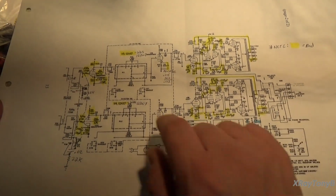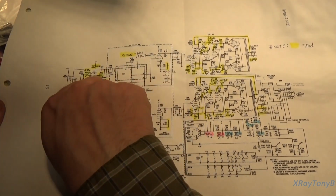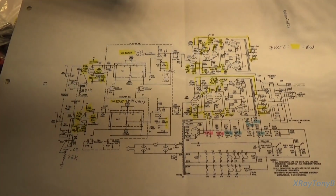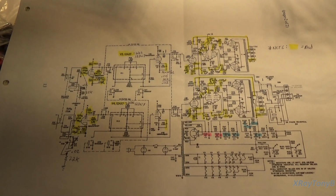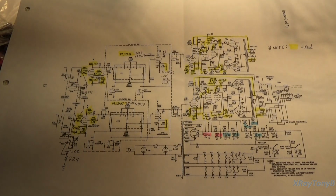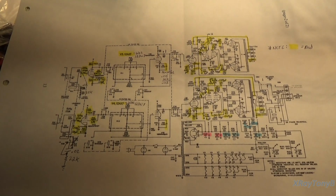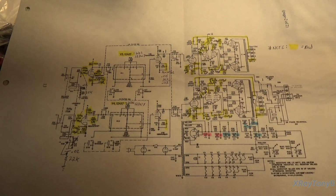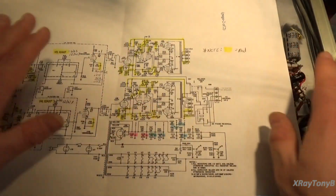We also changed this little feedback resistor from a 220K to a 1 meg. So all these things are in there for the purpose of reducing noise. Again, I'm trying to explain this as best as I have figured it out, and this is not my personal design. This is something that I've found and read very carefully and went over, and it all makes sense to me. So we did all this, and then when we get over to the driver and output